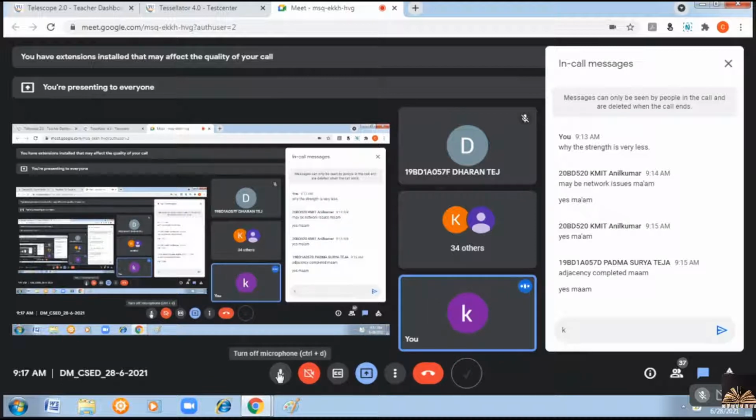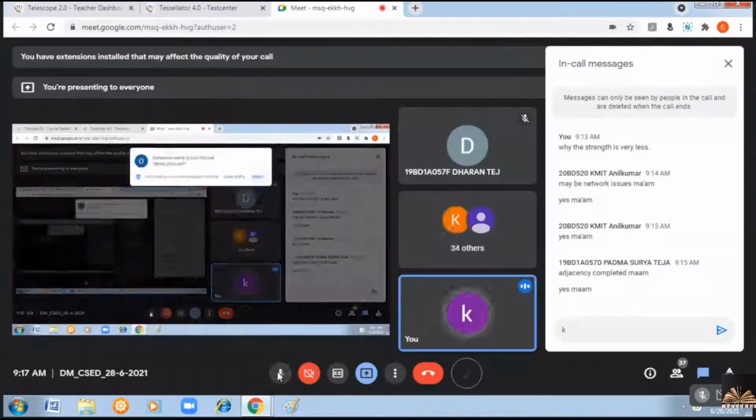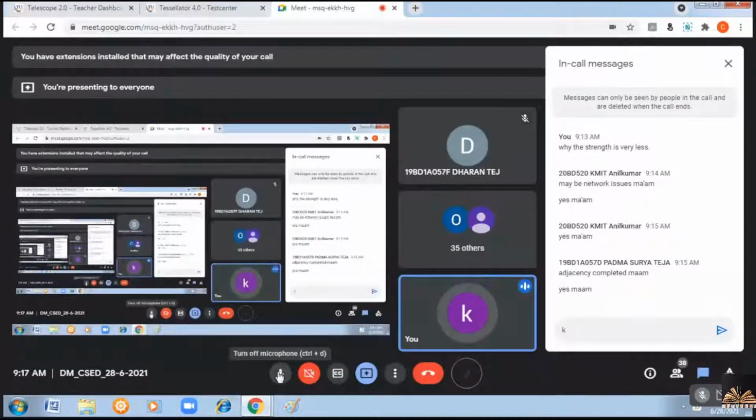If the degree sequence of both the graphs is same, then there is a chance that the graphs may be isomorphic. If the degree sequence of the graphs is same, then there is a chance for the graphs to become isomorphic graphs, right? And what are the other conditions for two graphs to become isomorphic graphs? That we'll see now, right?